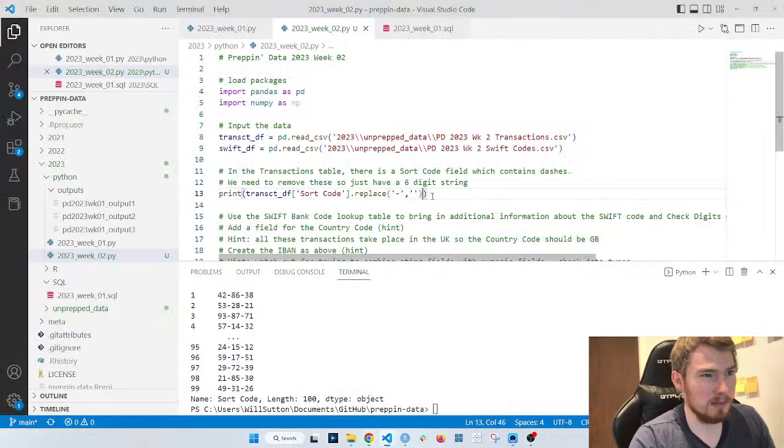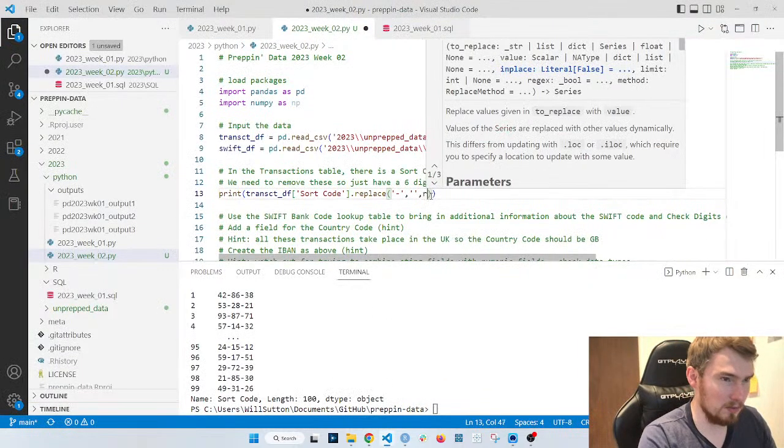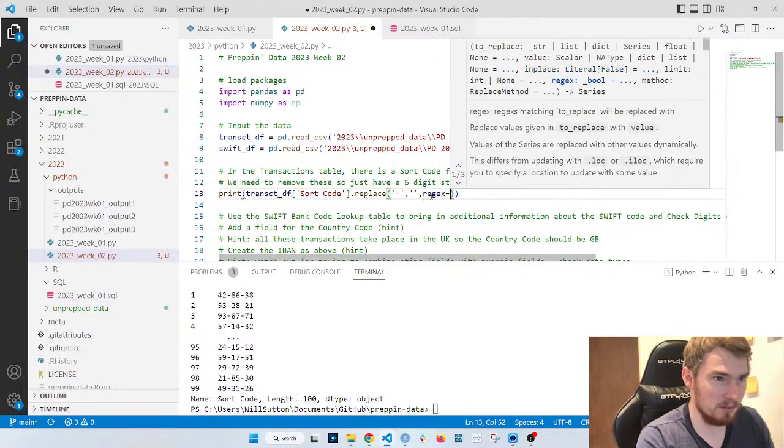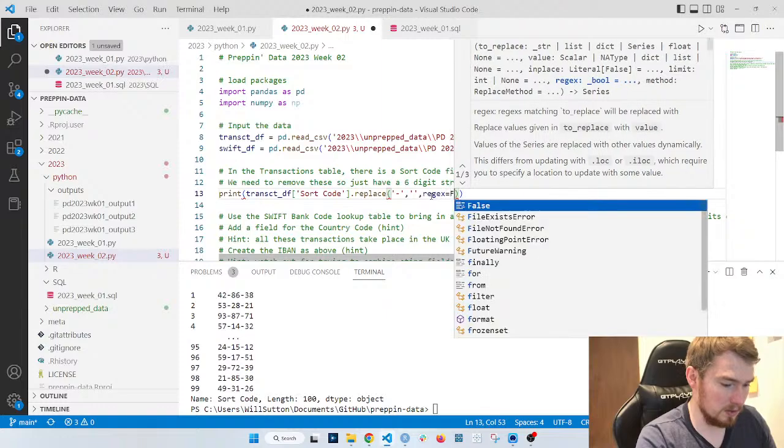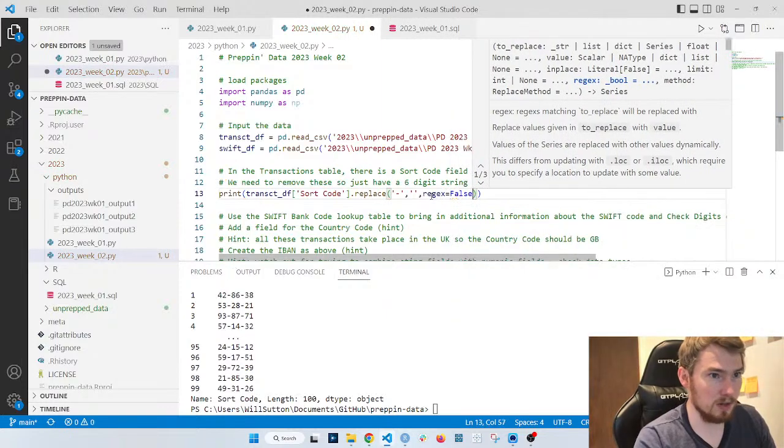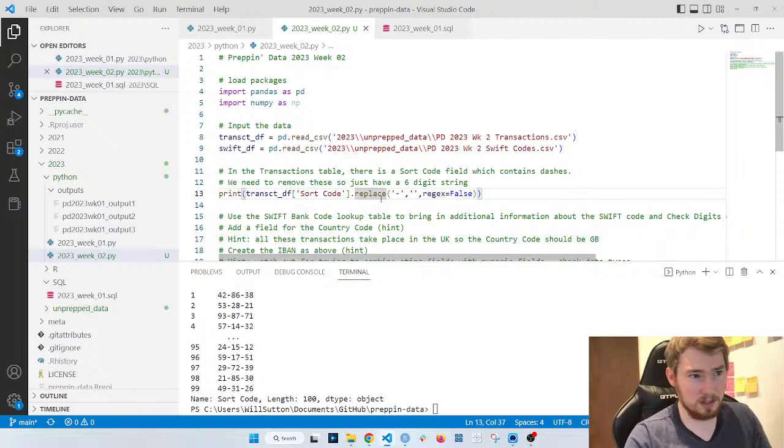So if I remember, there's usually an option for regex. Yeah, regex. If I put that equal to false, so I don't want it to use regex. Regex is like a coding formula to help you do text manipulation.